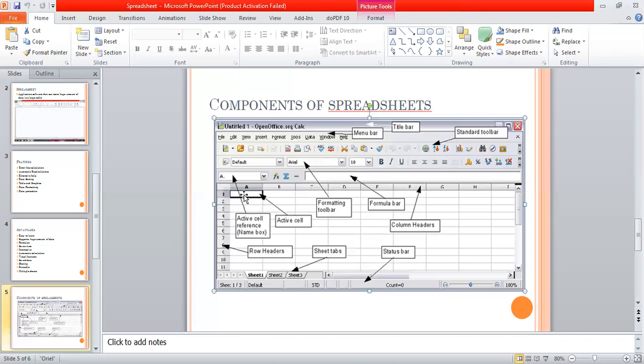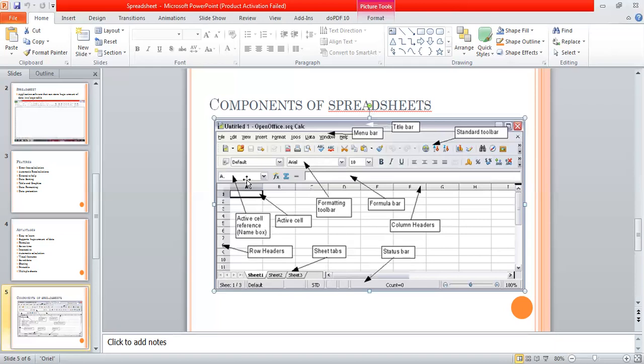In the next classes, we will learn more about how to identify active cells. Whichever the active cell is, it will be displayed in the name box with the cell number, A1. So these are the different components of the spreadsheet, and you will be learning how to identify the cells and an active cell.